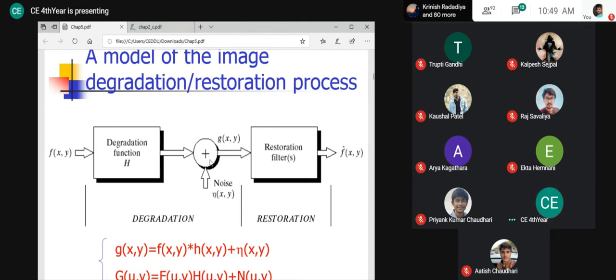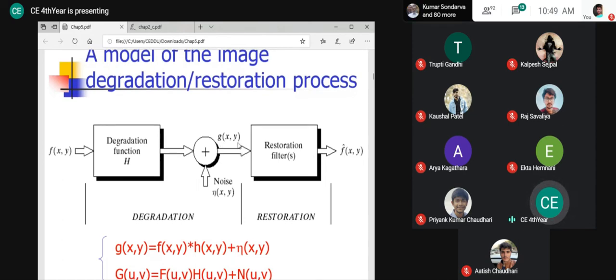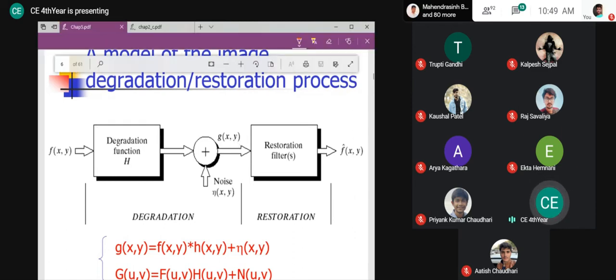Noise is added to my degraded image. Whatever I get, finally this is what I will have. Now what I want is an improved version of this. I actually want to get the original back. What has happened to it? It is degraded by some amount, and noise is added to that, and hence it is having very low quality. That low quality image is g of x,y. It is degraded by some function h, and noise eta of x,y is added to my f of x,y, and hence my degraded, or rather low quality, image is this.